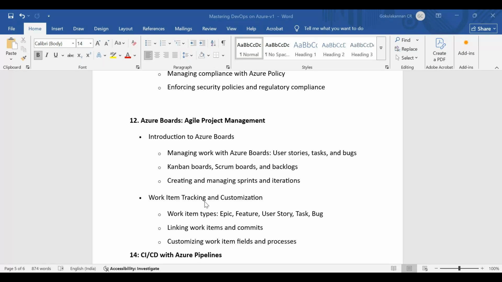No, that is not going to stop. You have to create the bug also if there is an issue. So how you can link the CI/CD pipeline with the Azure board, those and all we'll be discussing. And if you want to share a report, like how many bugs you created, how many stories you worked so far, like those queries and all, we are going to discuss in this board section.